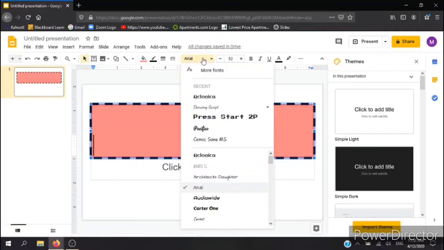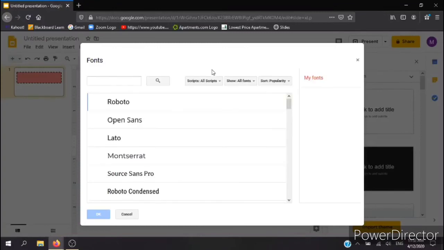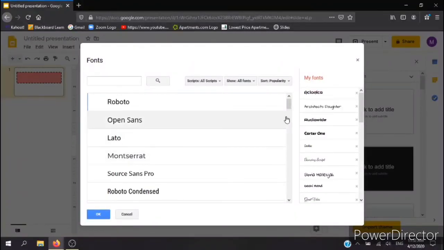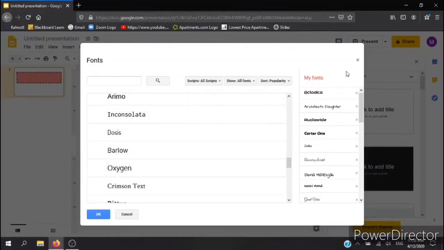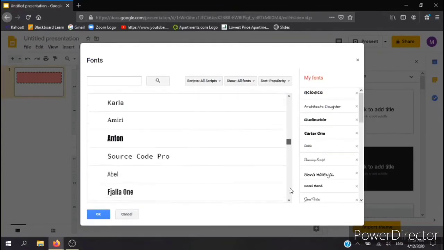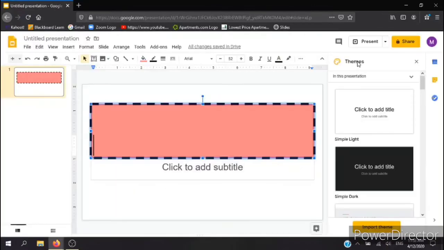Also remember, we got fonts here. If you do not like the fonts, you go to more fonts. You could choose the fonts from there and they would add it to your fonts outside. There are a lot of them in there, so choose wisely. Then to